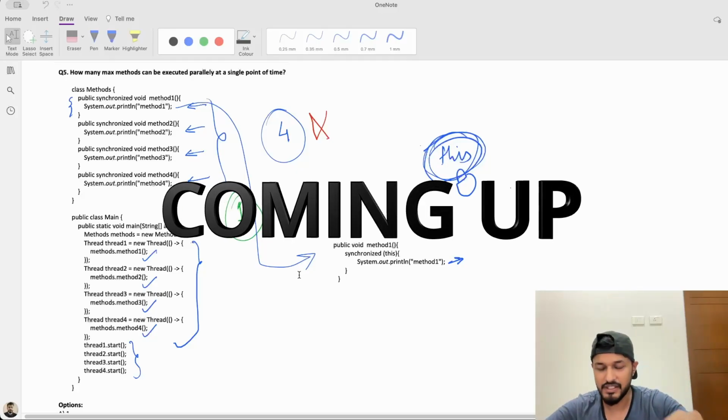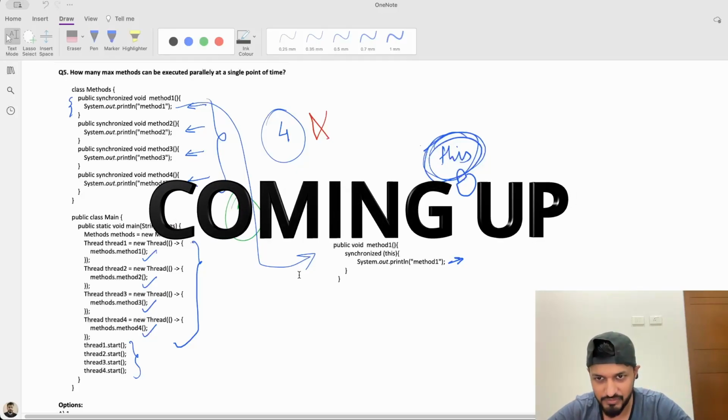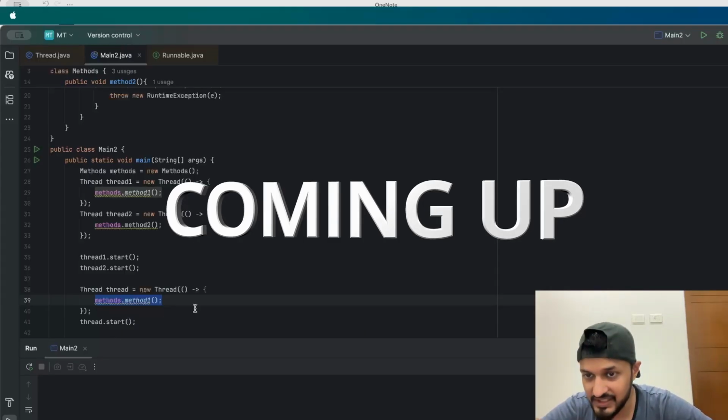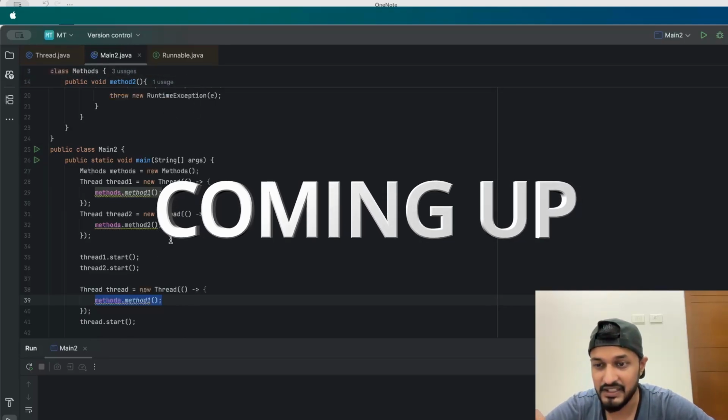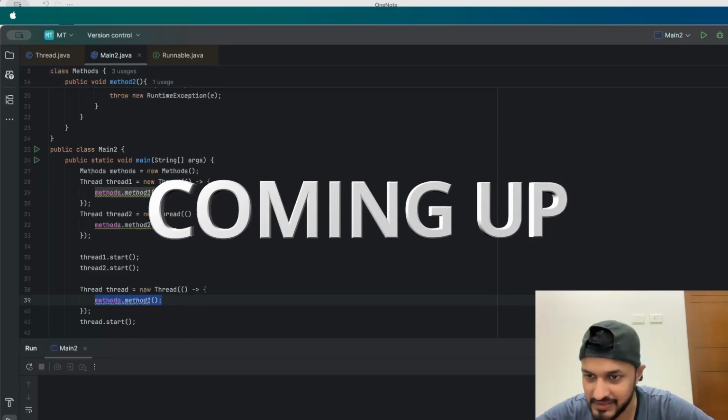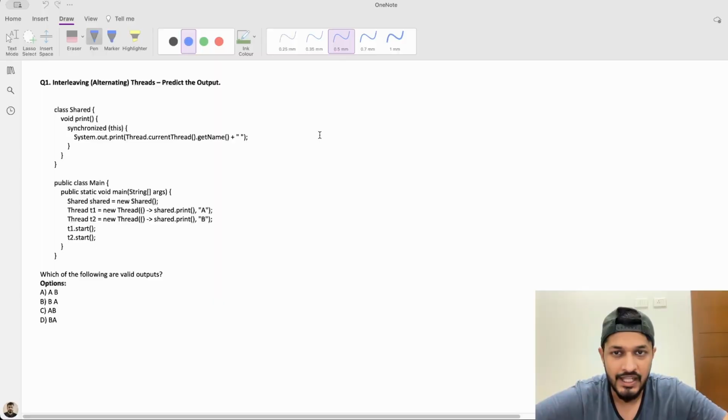So this concept is heavily asked in interviews because it seems like Runnable is a functional interface, meaning it has only one abstract method. We can replace it with a